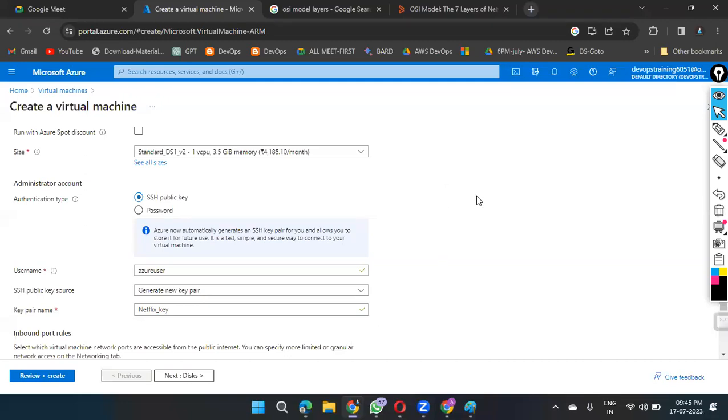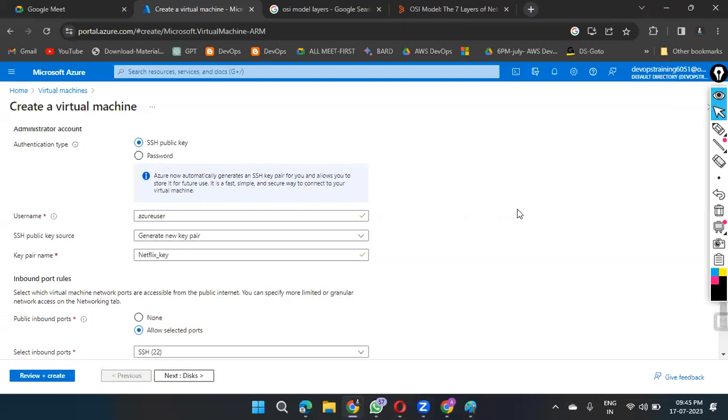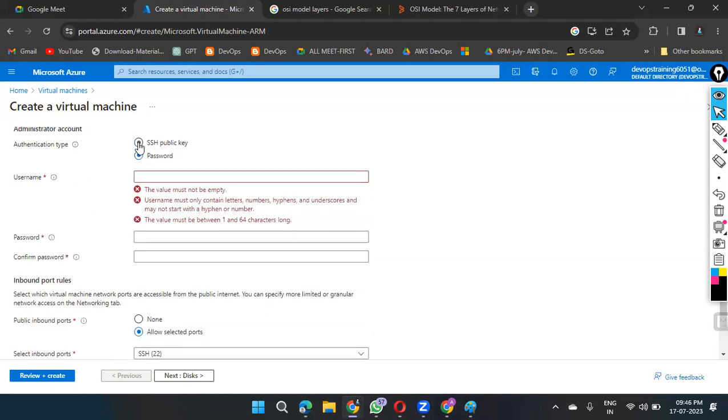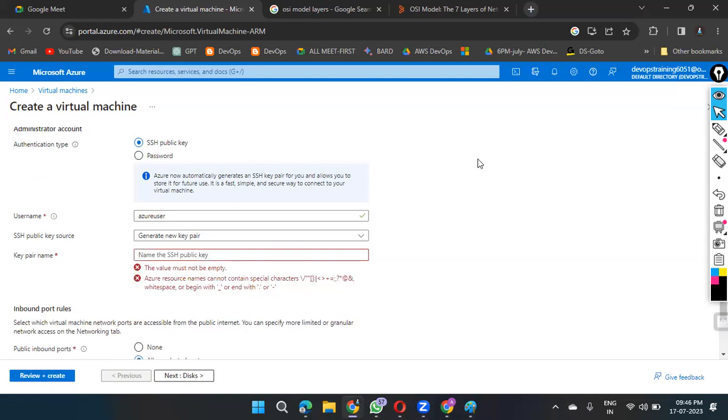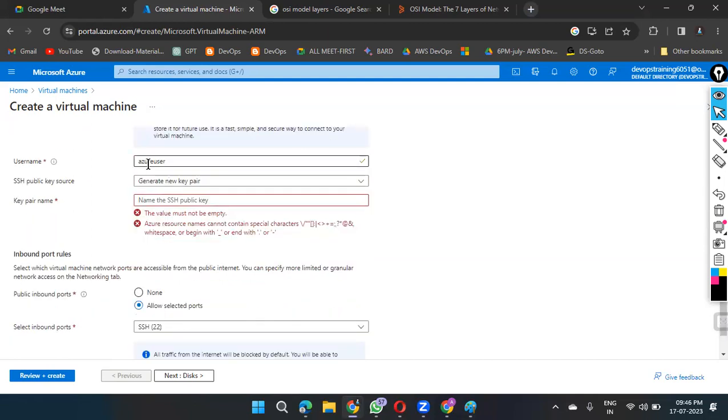Okay, and how can I connect this server? So this is where SSH protocol will be involved. Okay, SSH public key password. So all Linux things should be connected with the SSH public key only. Username is Azure and generate a new key pair. So what is this key pair? Key pair means